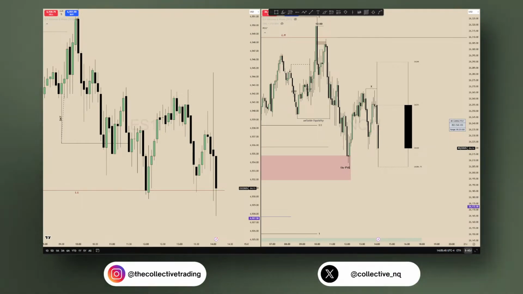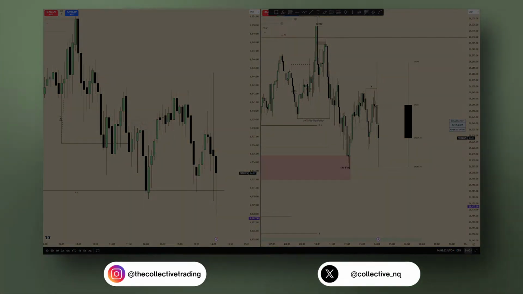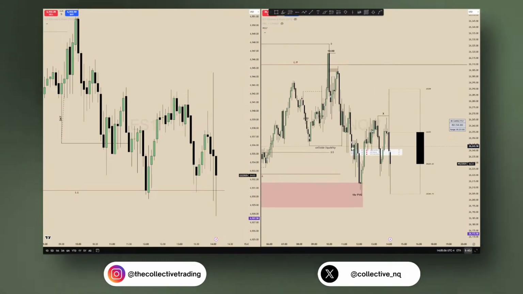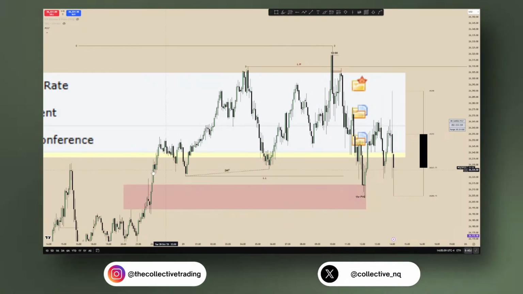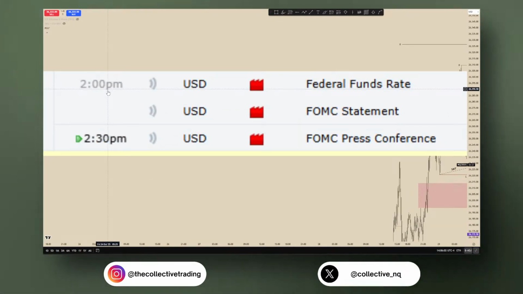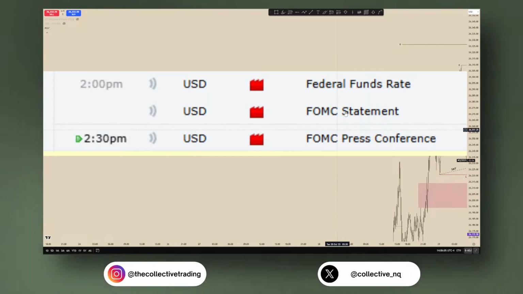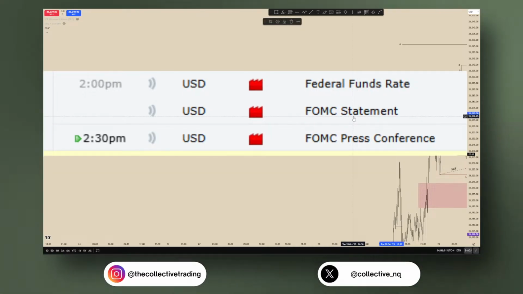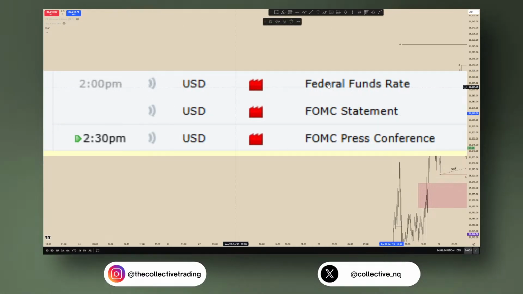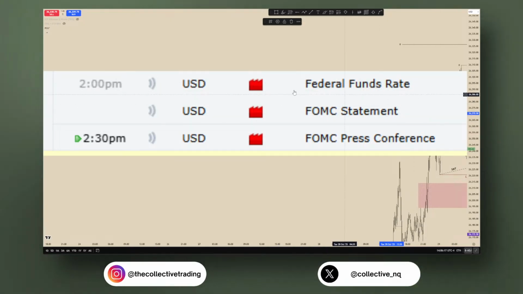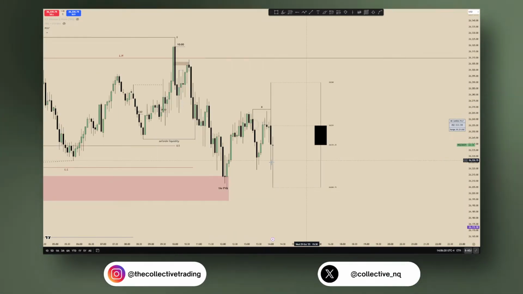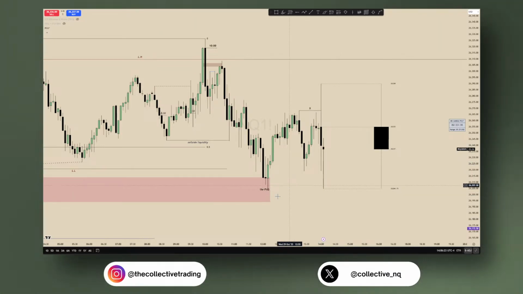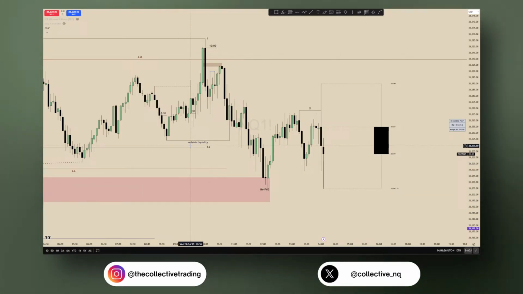Now, FOMC has 2 releases, right? If I pull up Forex Factory. Okay. There. The FOMC statement comes out at 2, but there's a press conference that is held at 2:30, right? So usually we wait for both news drivers to come out. Or no, it's just the statement, I guess, and then the press conference is at 2:30. So usually we wait till the second news driver, and we treat almost every FOMC the same in the